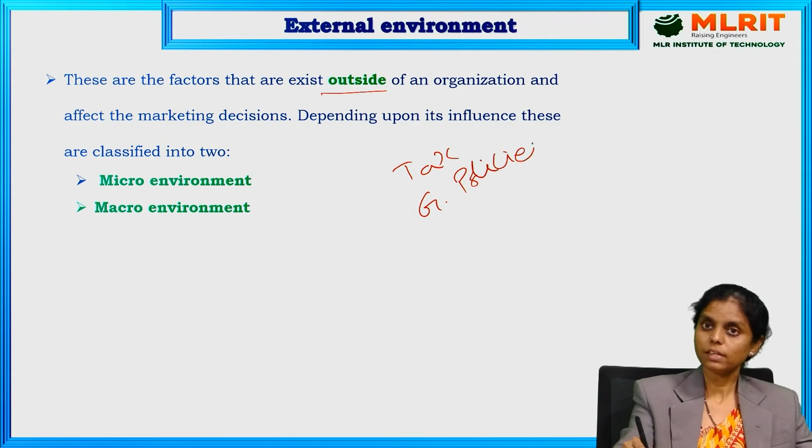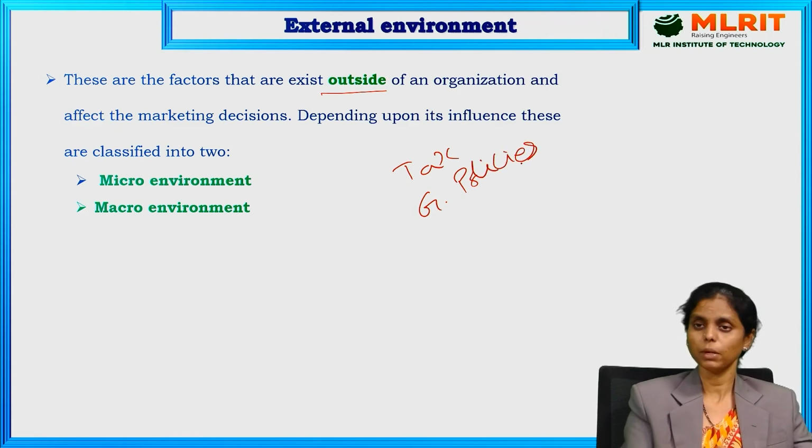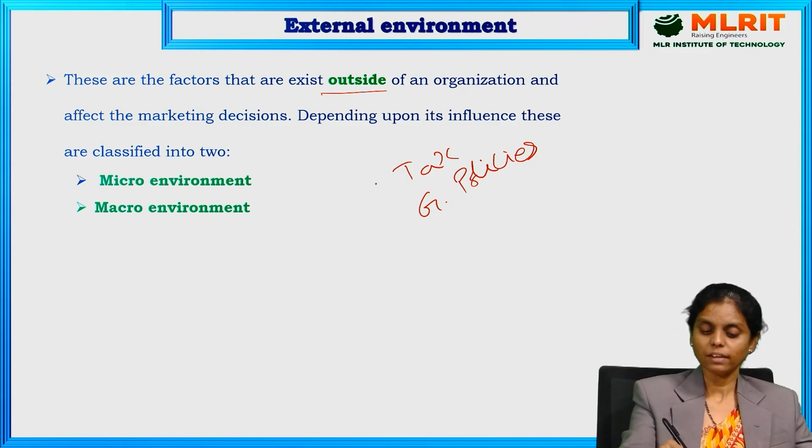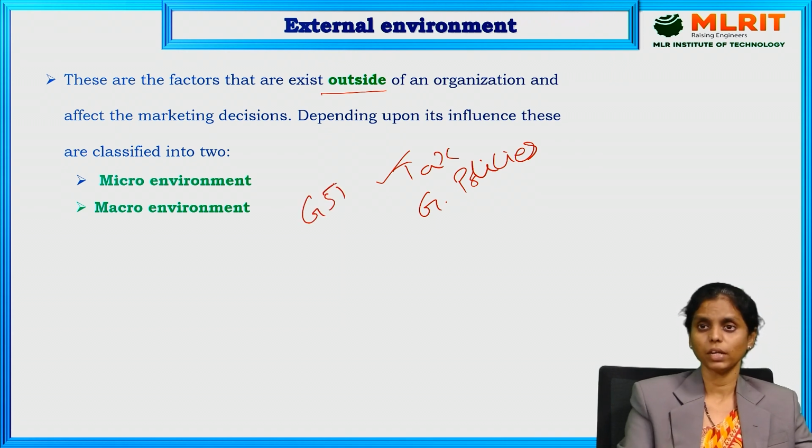Now, whenever there is any change in any policy, ultimately what happens? That will influence your product, production, distribution, pricing, etc. Taxes. Now, the GST is going to be reduced on many of the products. As recently we can see that Amul has announced that they are going to reduce the price of packed milk that they have.